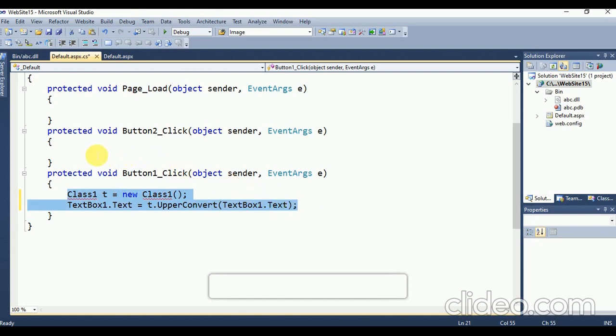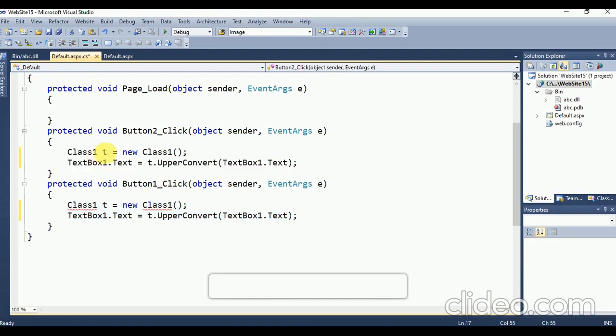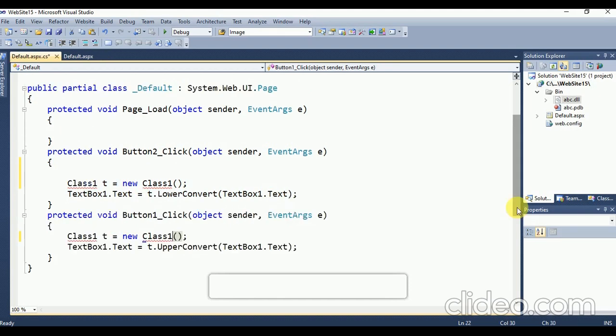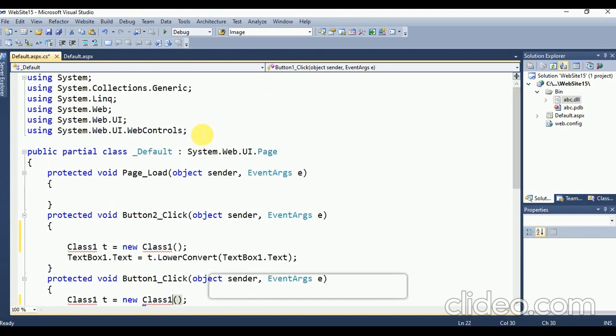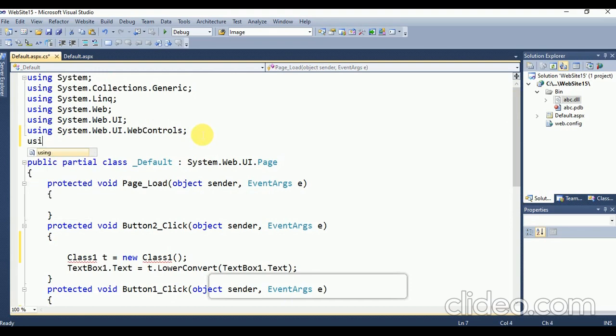Copy paste the code for button 2. Using our project name, that is ABC, semicolon. To run the website, press F5 or debug button.